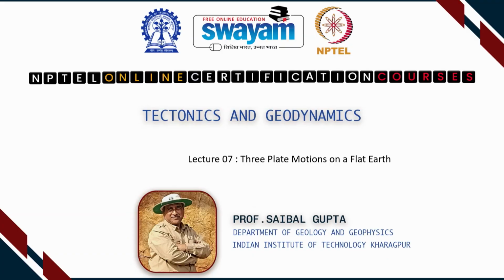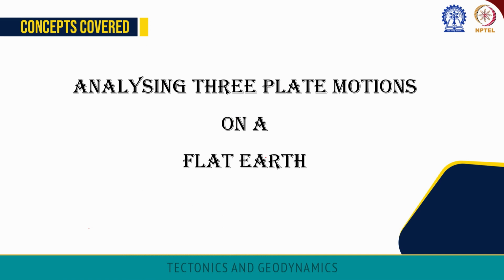So, we are now going to go forward to look at more complicated situations of what we noticed on a flat earth. So, lecture 7, I'll be dealing with how three plate motions occur on a flat earth. Whenever we look at this, the main concept we're going to cover is, on a flat earth, the geometry of what exactly happens when we have three plates together and how the geometry of these three plates actually changes with time